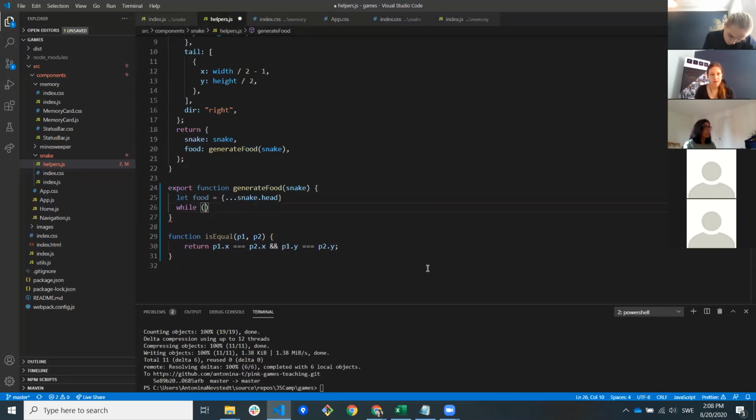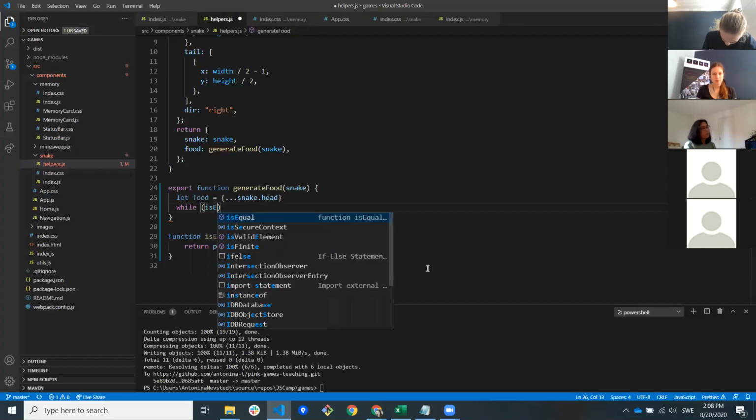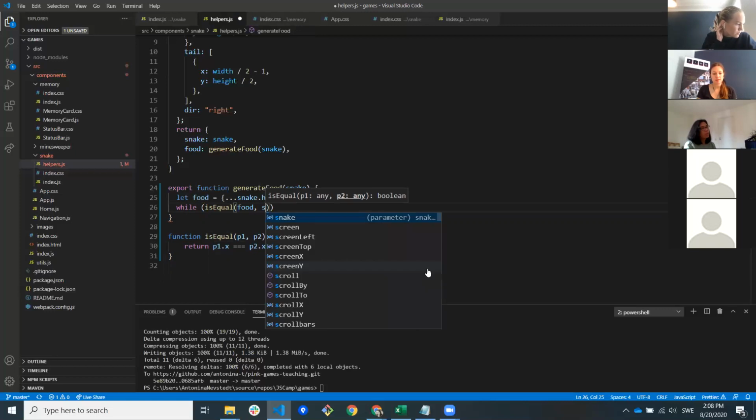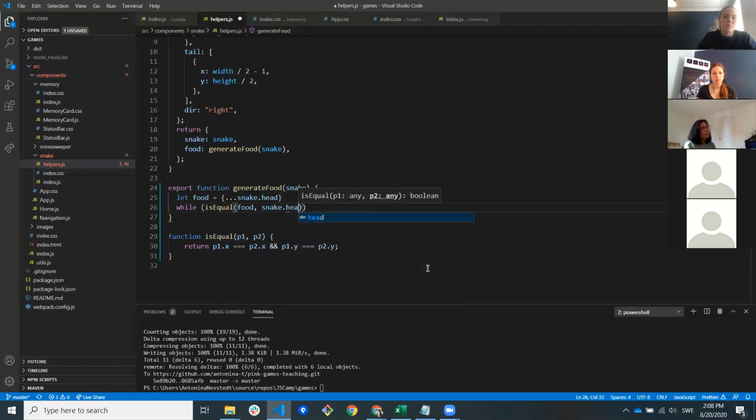And I'm gonna say, as long as food is snake's head, or it is snake's tail, I wanna generate new food. So as long as isEqual food and snake.head, then I want to generate new food, or